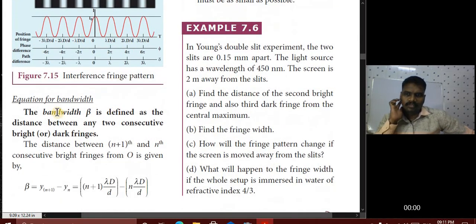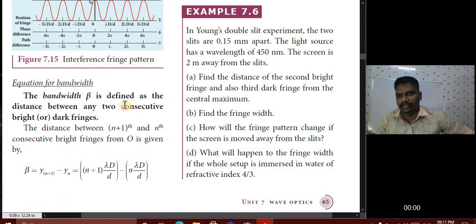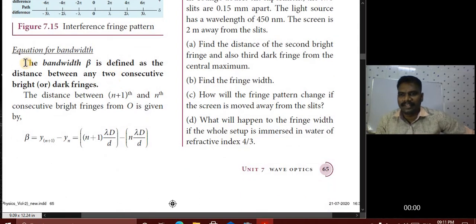So now this is the equation for bandwidth. Equation for bandwidth. This is very, very important for a 2 mark question. Please note it down, children. The bandwidth, the symbol is beta, is defined as the distance between any two consecutive bright or dark fringes. Once again, the bandwidth beta is defined as the distance between any two consecutive bright or dark fringes. So the distance between the (n plus 1)th and nth consecutive bright fringes from O is given by,